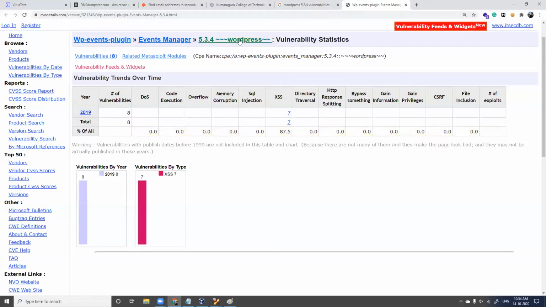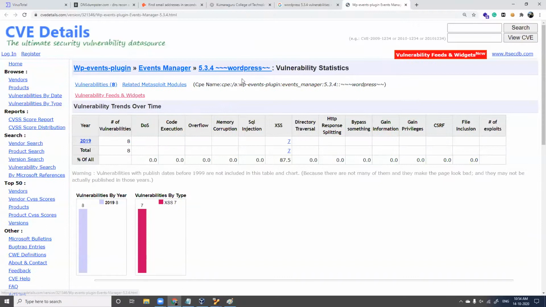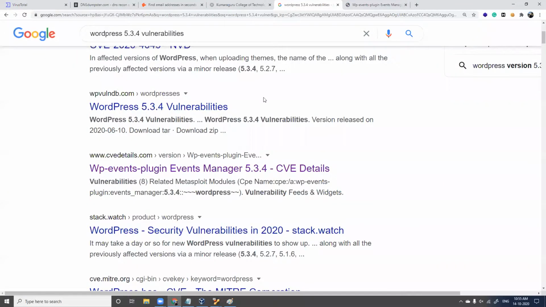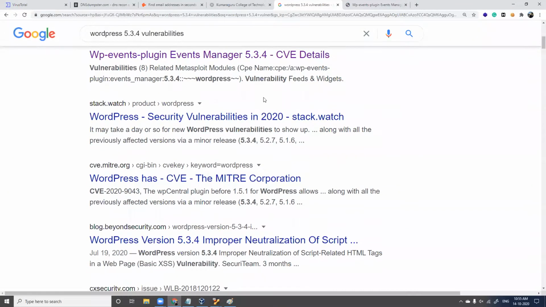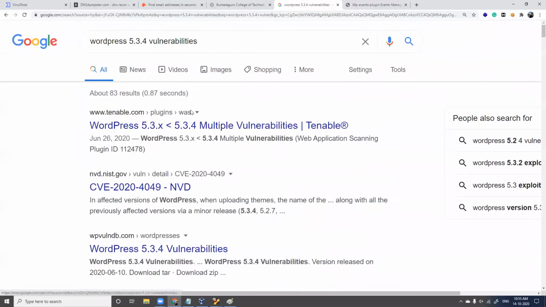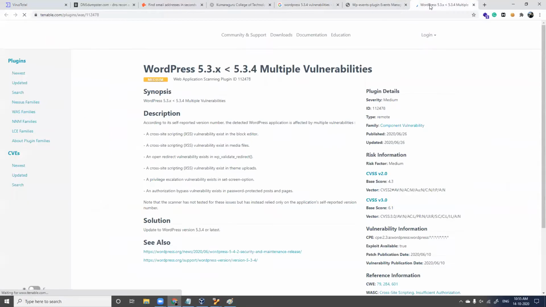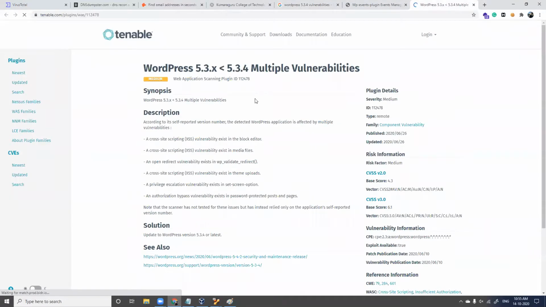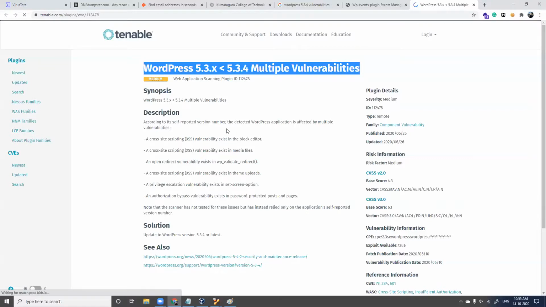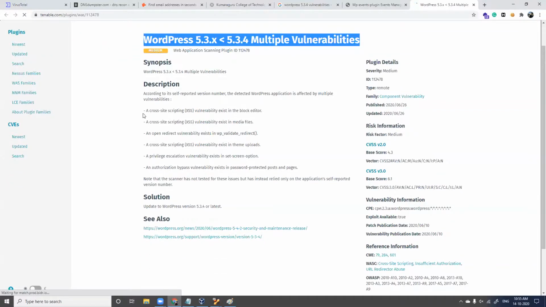CVE details, okay, 5.3.4. Okay, give me one minute. We'll also go for this, Tenable. Okay, here it says this WordPress has multiple vulnerabilities. What vulnerabilities does it have?